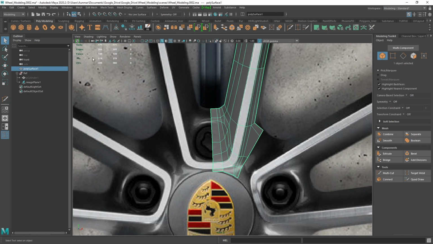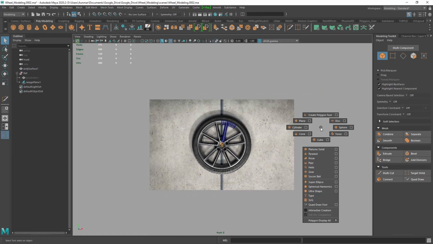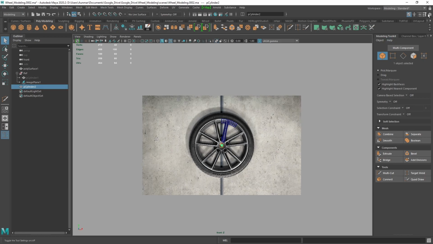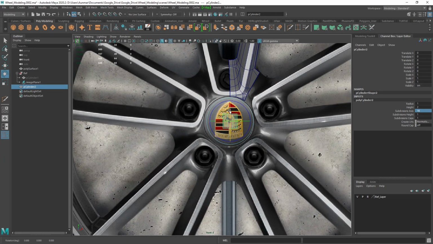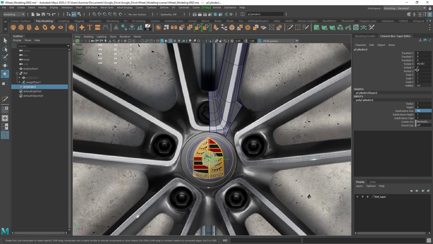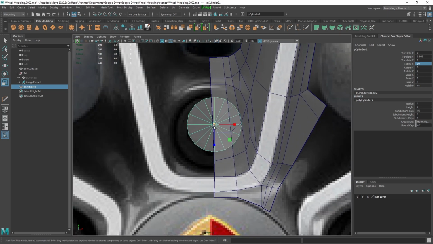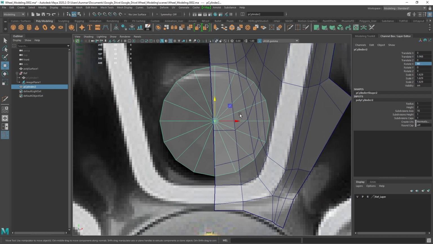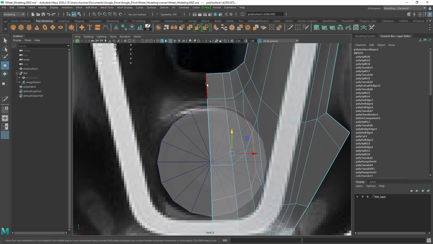So 16. So what I typically do at this point is grab a cylinder. So I'll shift right click with nothing selected and grab a 16-sided cylinder. And this is going to help me maintain this nice area here. I'm going to rotate it 90 degrees. And this is going to be what I'm going to use to help me just plan that topology here for this lug nut hole. And if I just kind of line these edges up,